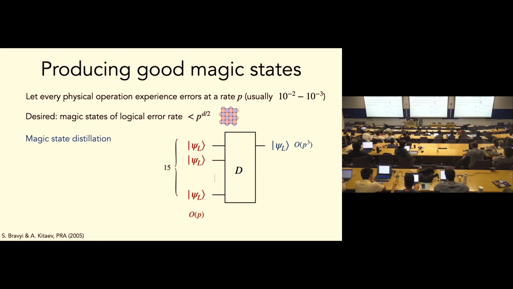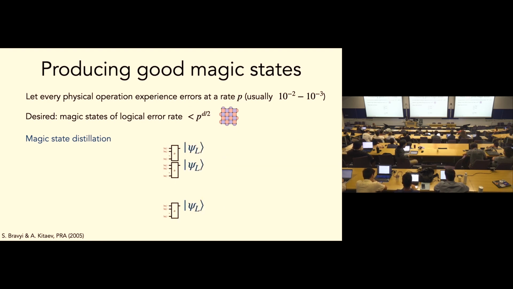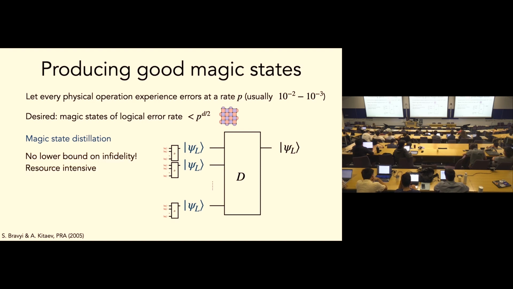If this p cubed logical error rate is not enough for you, you could choose to perform several copies of this distillation circuit and feed the resulting output into another layer of distillation to get a p to the 9 suppression of the logical error rate. So as you can see, magic state distillation allows you to reach arbitrarily high fidelities by further layers of concatenation. However, because each layer of concatenation requires, in this example, a 15-fold increase in space-time overhead, it is highly resource